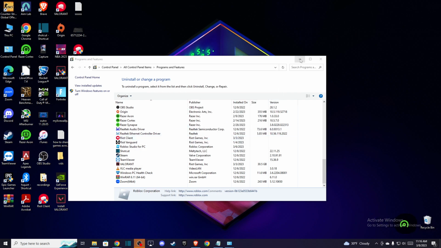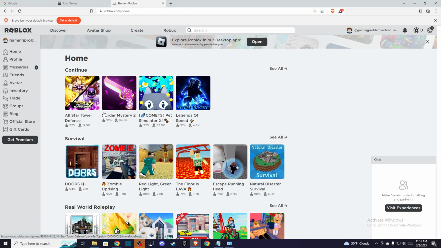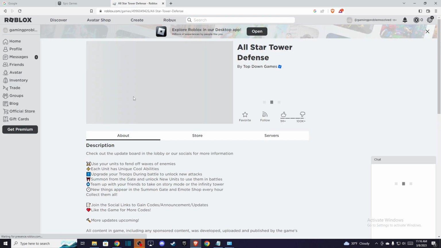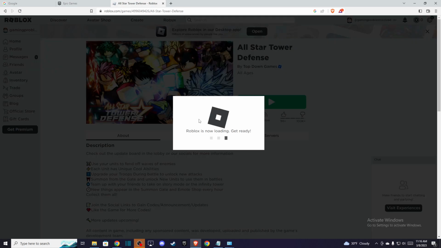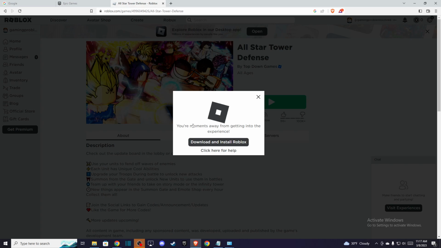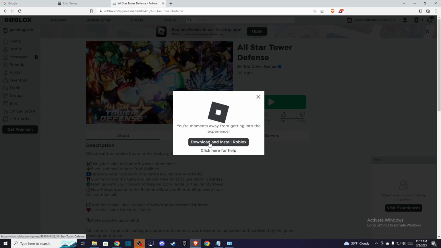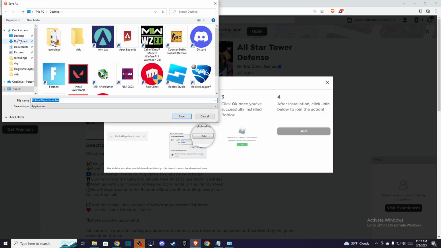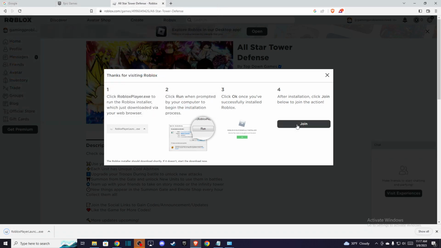If you want to get back Roblox, go to the browser, log into your account and select some sort of game, as you can see here. And when I'm loading the game, as you can see here, it should appear, basically, a new message here that says you're moments away from getting into the experience, download and install Roblox. So press on that, select where you want to have your Roblox here, press save, press join,